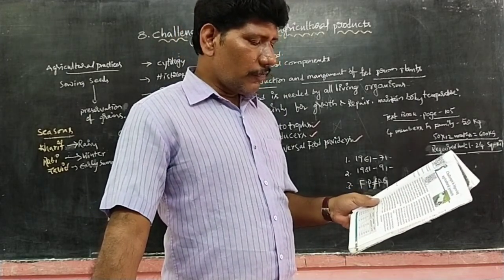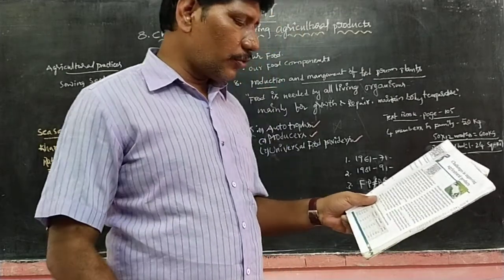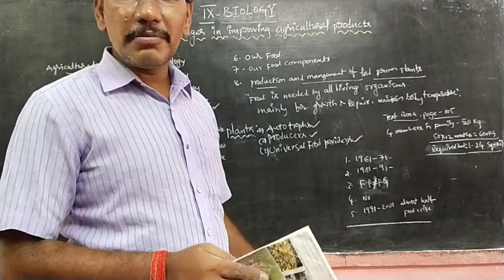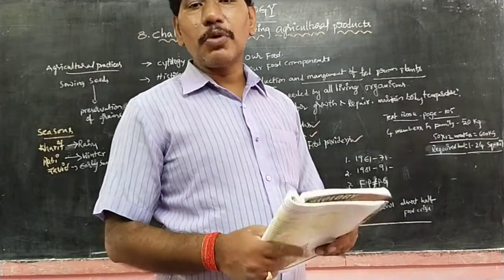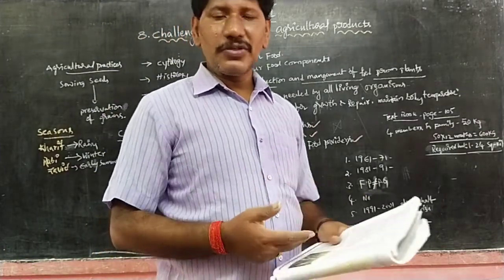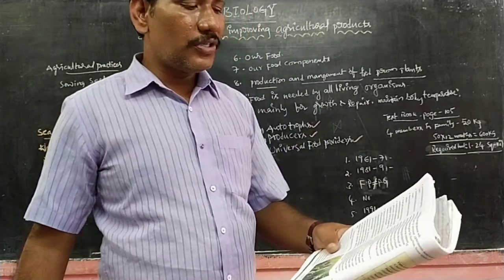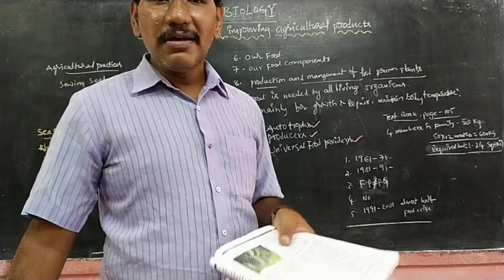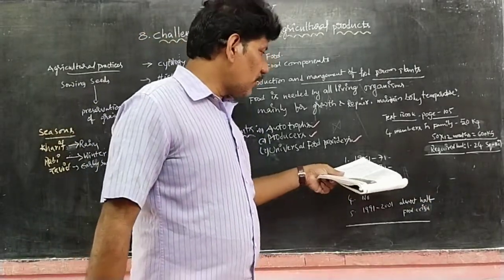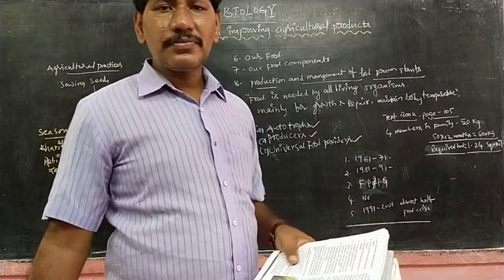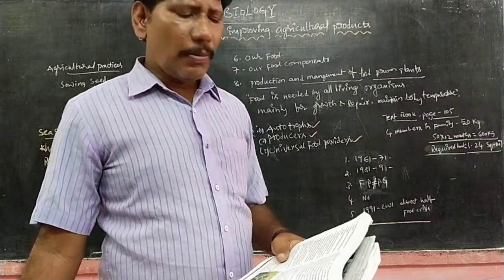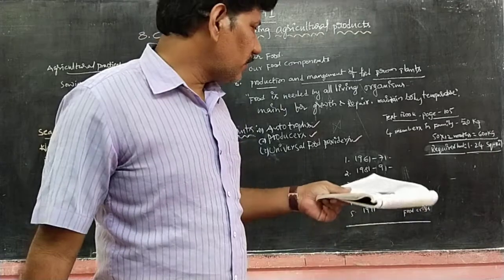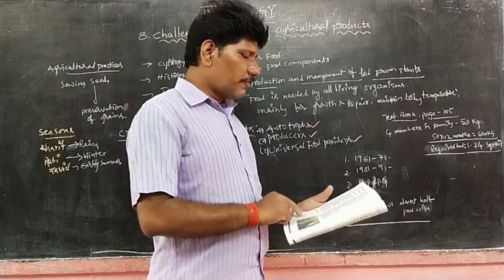See, population growth and food production like that for 81, 91, 91, 2001, 2001 and 2011. So based on the tabular statistical information regarding population growth and food production, try to answer these questions on page number 106. The first question is, in which decade is population growth higher? As we discussed, the first decade, that means 1961 to 71, which has the highest population growth. Next, in which decade is food grain production higher? The same decade.